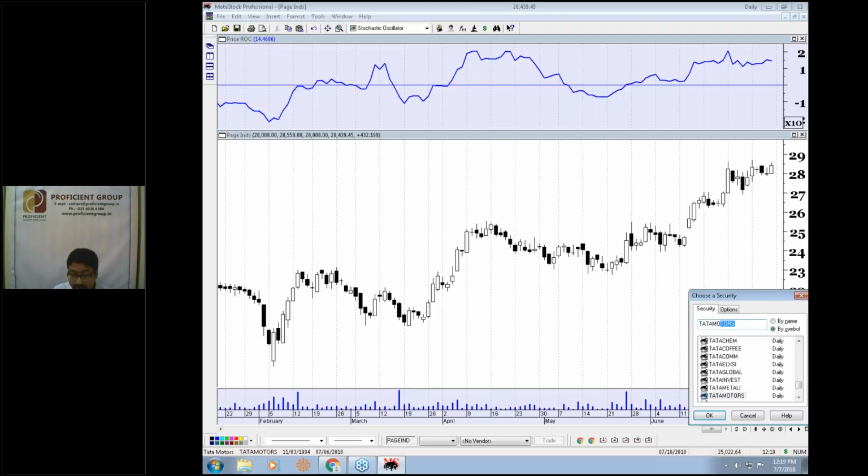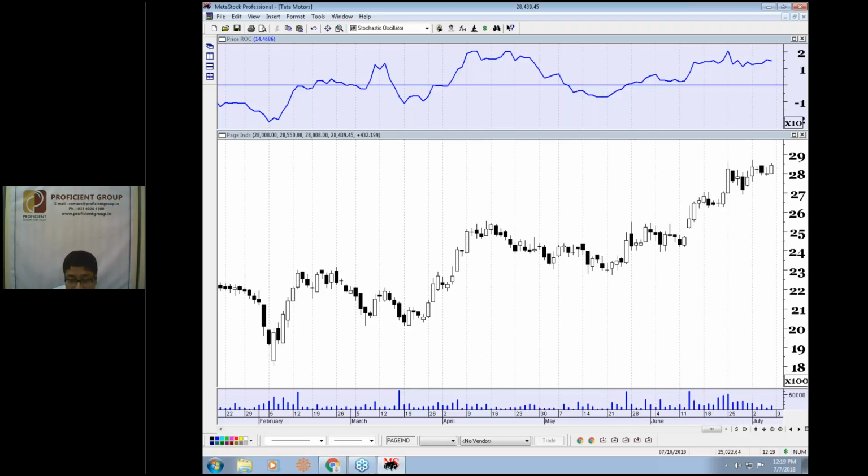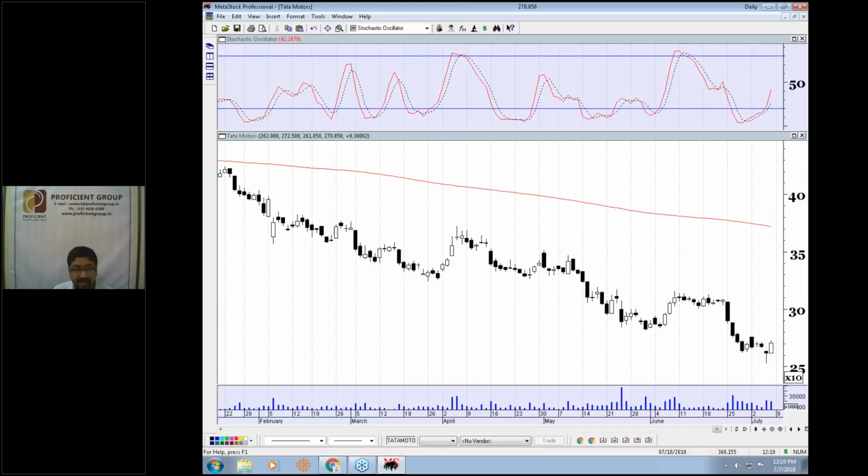And the topmost of them continues to be Tata Motors. This week it made a low at 252 region. But look at the stochastic, it is still close to its oversold region. So I'm not recommending to sell it right now. Wait for the stochastic to go to the overbought region, which is above its 80. Whatever happened in the second week of June, I'm expecting something like that.